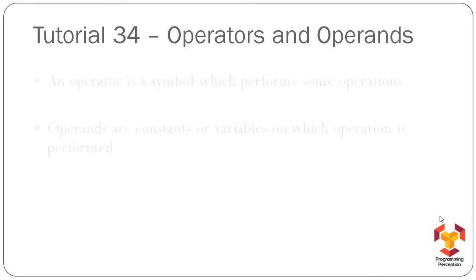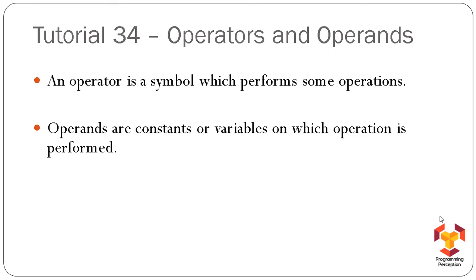So let's begin. An operator is a symbol which performs some operation, and operands are constants or variables on which operation is performed. So they both can be represented in form of symbols, but operators are basically those symbols which actually tell our compiler what is the task to be done, what is the operation to be performed. And operands are those constants and variables. Now they can be constants, they can be variables, but they are the entities on which these operators perform their